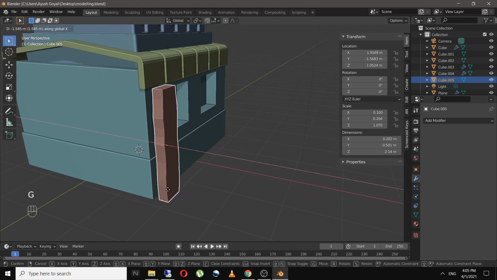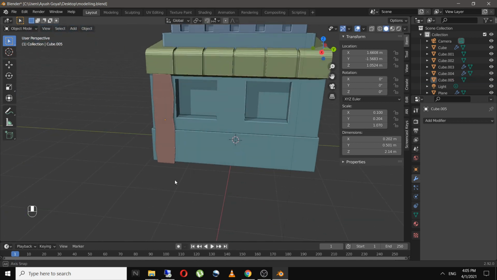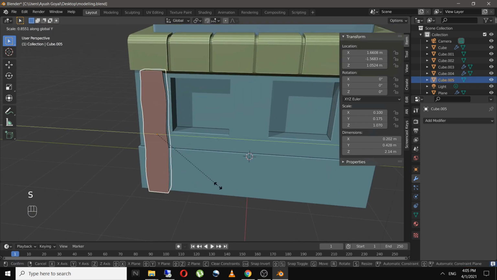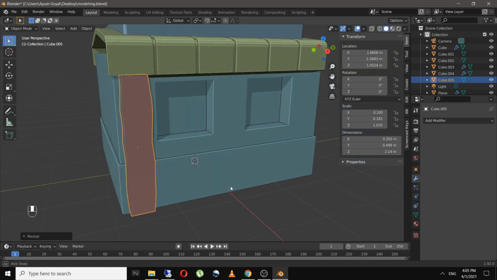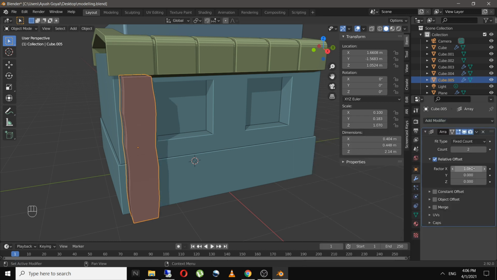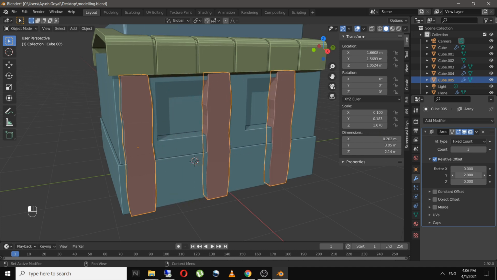And place it back over here. And I will add in an array modifier on y-axis and increase the count to 3 and place them over here.